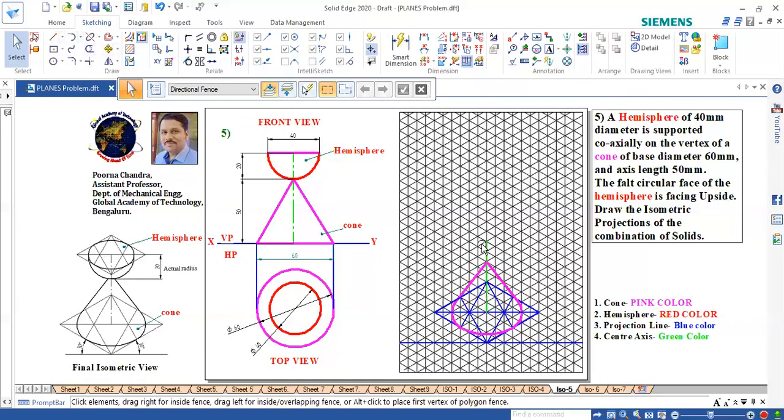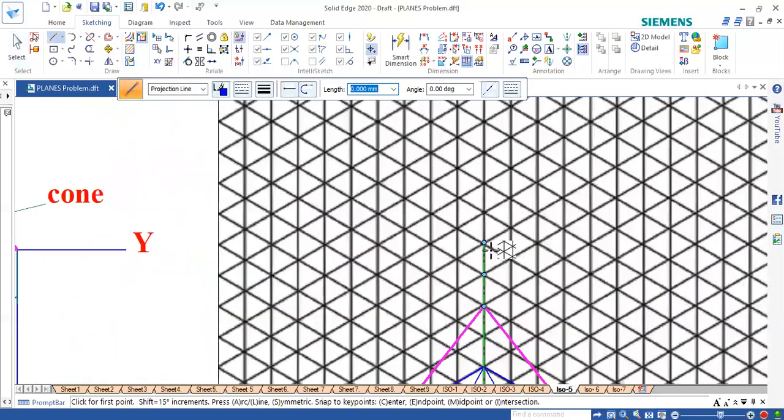So how to draw the box from the center? First we go with the projection line. As you know, from the center means you need to go half of the box, which is 20. From here, on the right side go 20, then downwards 20, then 40.